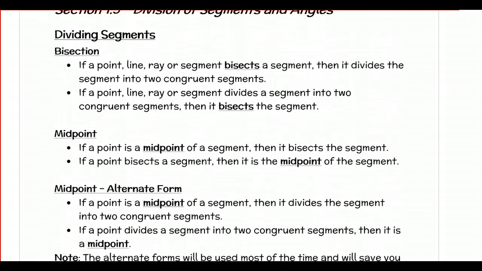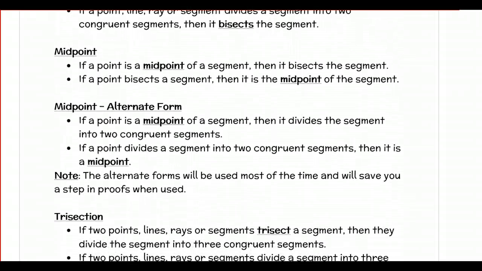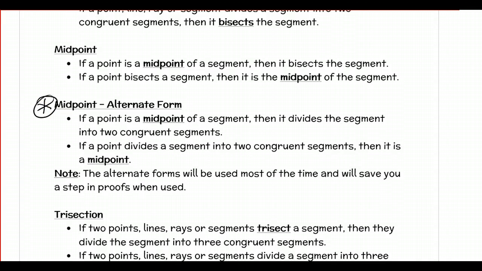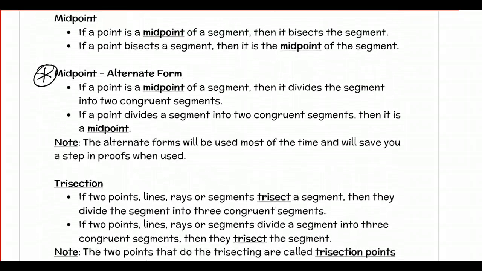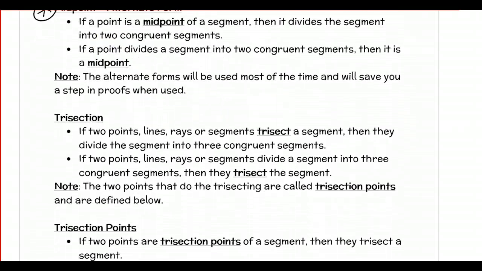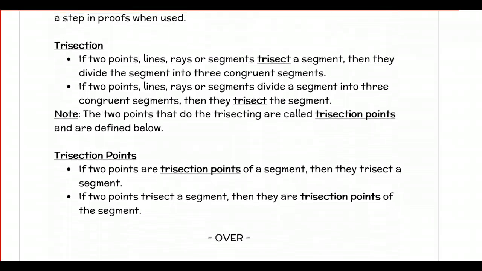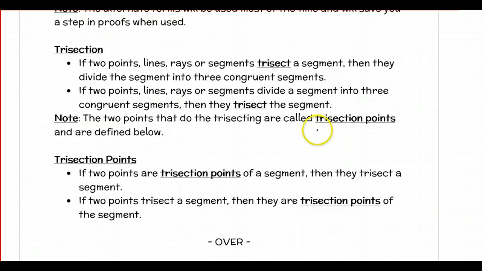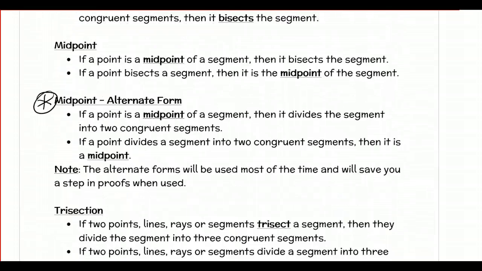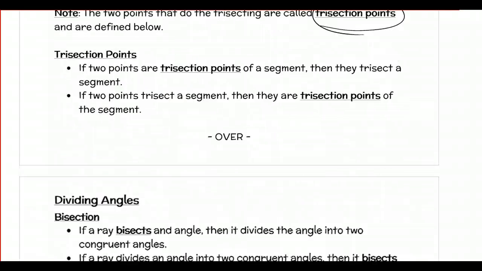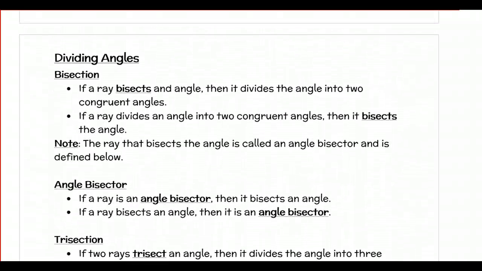A ton of definitions. We've got bisection, midpoint. We've got these alternate forms of midpoint, which are going to be very important for us. And you'll understand why these alternate forms are going to be more useful for us in a bit after you do some more proofs. We've got trisection, definition about trisection points. So all this is dividing segments, and then we've got dividing angles, bisection of angles, angle bisector, the ray that's